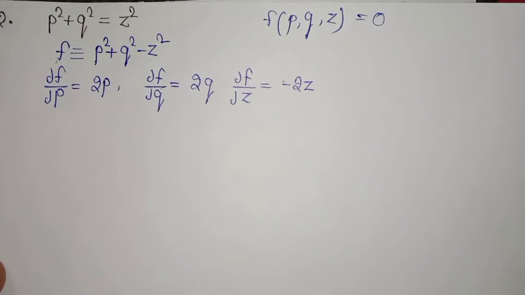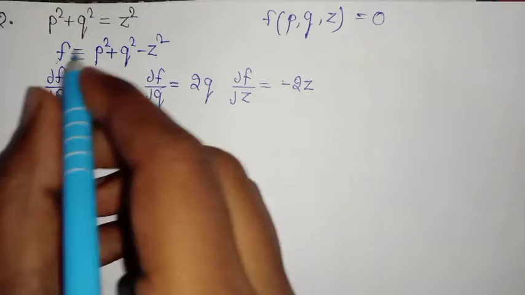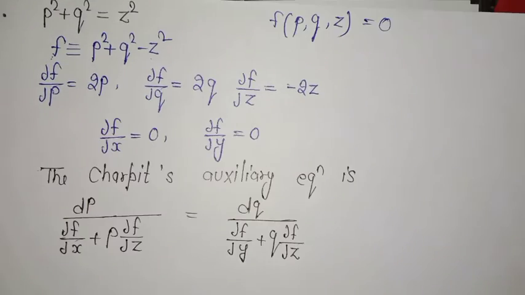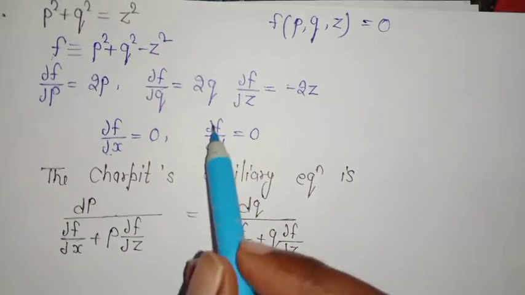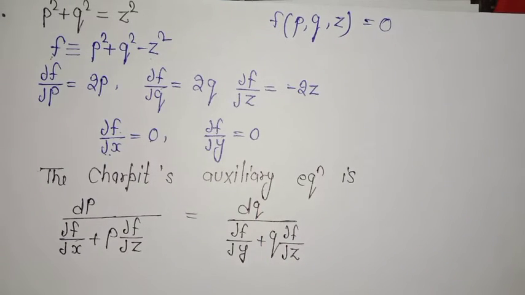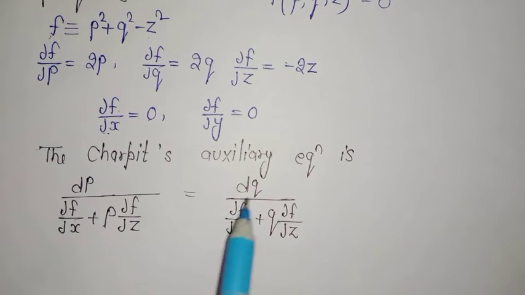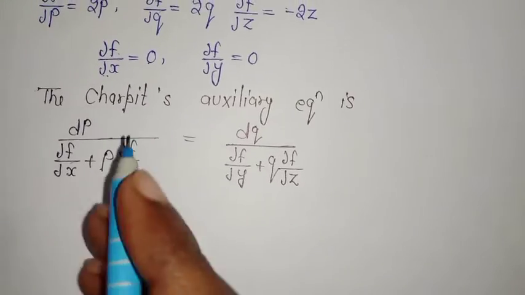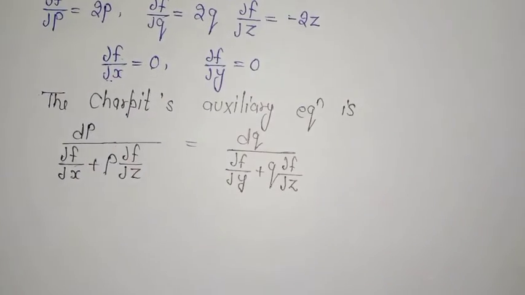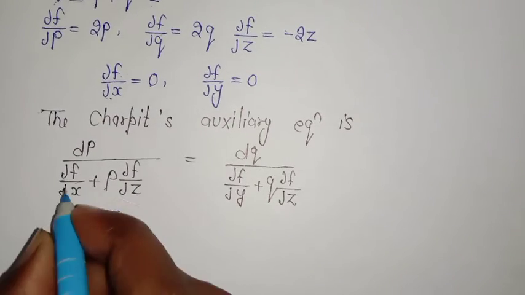Now we will put these values in Charpit's equation so that we can solve, and the other derivatives become 0 because there are no terms of x, y. So the derivative of f with respect to x becomes 0 and the derivative of f with respect to y becomes 0. Now the Charpit's auxiliary equation is, I have written only 2 ratios because this question can be solved by only these 2 ratios. So if we put the values of the derivatives in this equation, we get dp upon